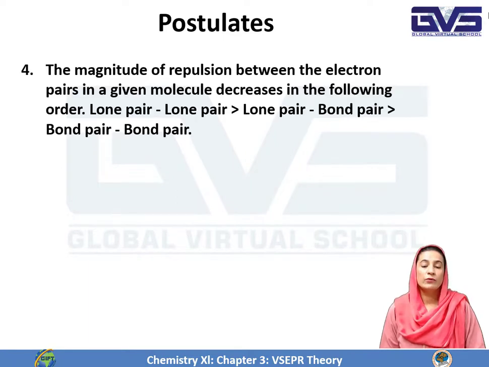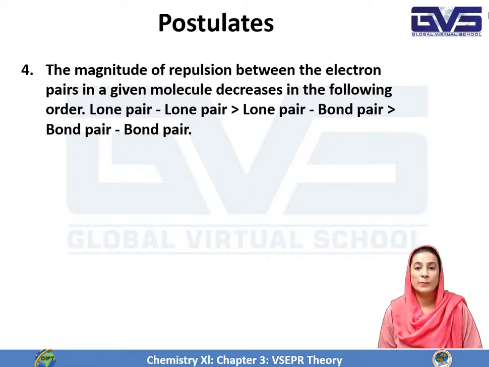And the fourth one is the magnitude of repulsion. What is the quantity of this repulsion? Because atoms have lone pairs as well as bond pairs. If some molecules have lone pairs and bond pairs, then where will be the maximum repulsion and minimum repulsion? So the magnitude of repulsion between the electron pairs is maximum in lone pair-lone pair,